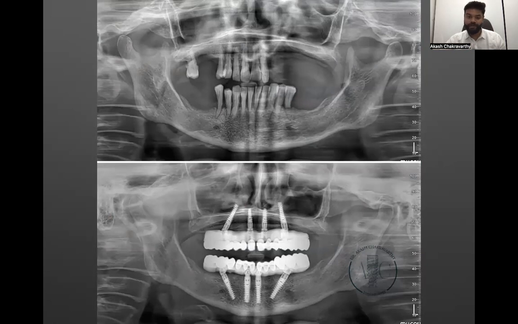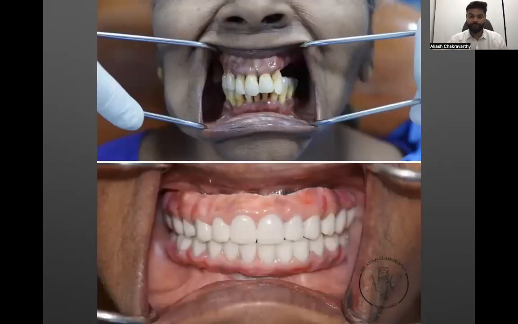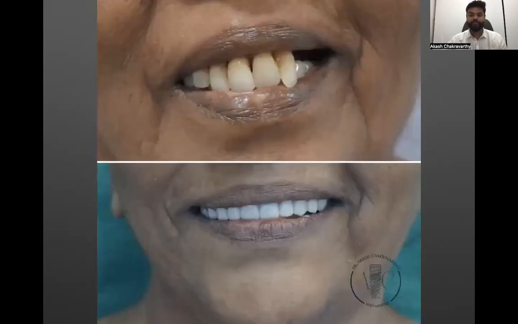So we had removed the teeth. It is all obviously a terminal. We had done all-on-4 for her, and we had given a mallow framework. That's how she had come in, and this is the final outcome with the mallow framework. So that's how the patient had walked in, and this is how she ended up looking after the permanent prosthesis.